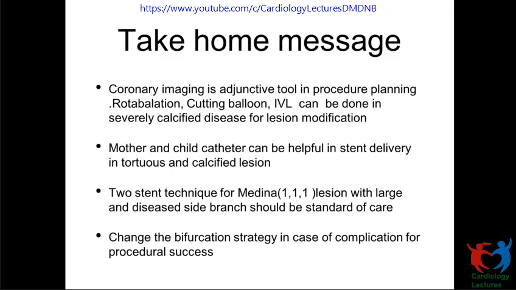Yeah, it's a really excellent case. What we usually read and teach is that you prefer to do the culotte over the DK crush when the angulated vessel is more diseased and is a more important vessel. So then we will do it. But you showed another indication, that if an unanticipated dissection occurs, then we can convert. That is a really great demonstration. And one more thing: ideally, they say 3-part and 1 crush is ideal. I think you have already done the 3-part in this, so that's the reason why you have an excellent result.